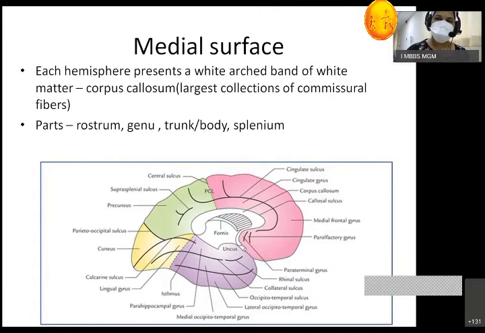So association fibers reside in the same cerebral hemisphere. Commissural fibers connect the two cerebral hemispheres. Projection fibers connect the higher center projected to the lower center. So the corpus callosum,